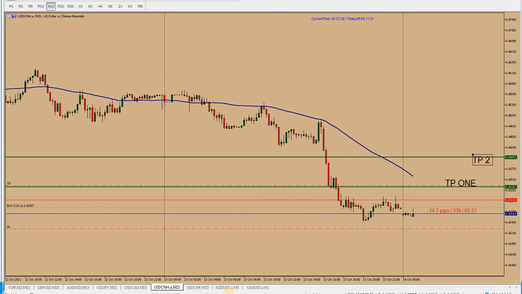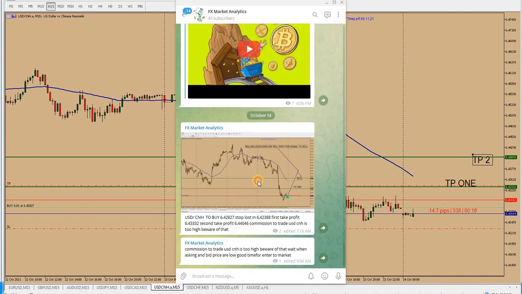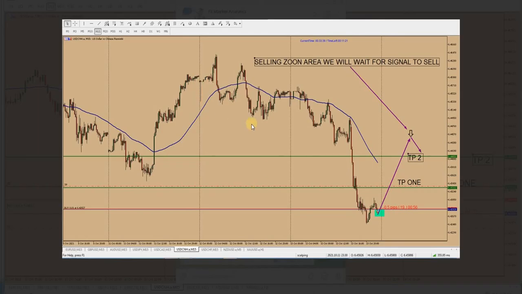Let me show you the picture of the things that I have sent to the Telegram group. You see this blue line and the red line, the asking and bidding price, which were almost touching. The commission was very low. As soon as I entered the market, it actually executed at the same time. So it was a good time to enter, but